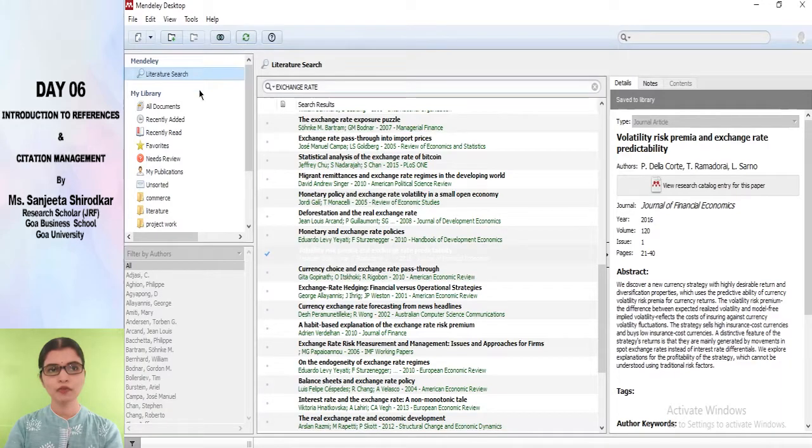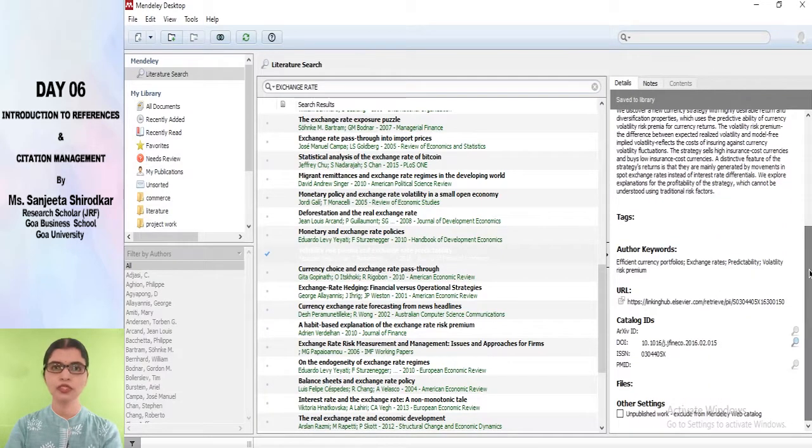So if I am going to my library, now we are in the literature search mode. I hope literature search must be very easy and must have been understood by you all. So what you will have to do here is just click on literature search, enter your keyword or author's name and whatever details you are having pertaining to the type of articles you are looking out for. Click on the article, save to reference, and that's it. If some of the information is not given, I told you one of the ways in which you could pull this information is by clicking on the magnifier option which is next to the DOI. So this is one of the ways.